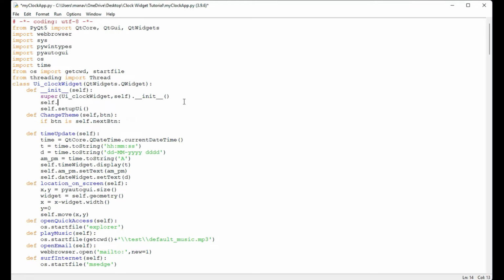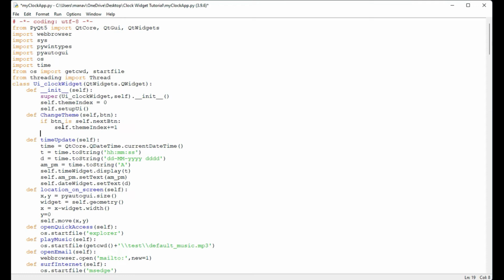I'll name it self.theme_index equal to 0. By default our theme index will be 0, so that it will show the default theme. Under this I will check if button is self.next_button, then I will just increase the theme index by 1. So I will copy it out here, and increase it: theme_index += 1.